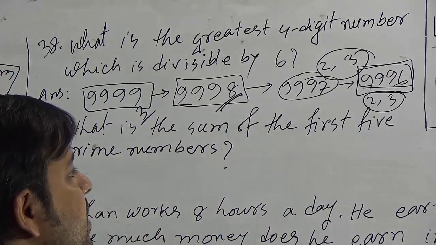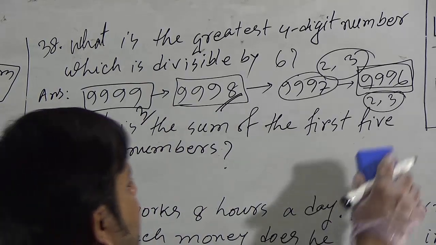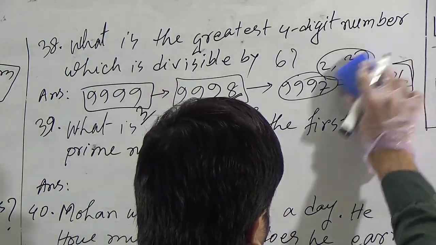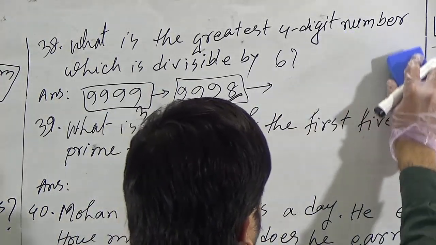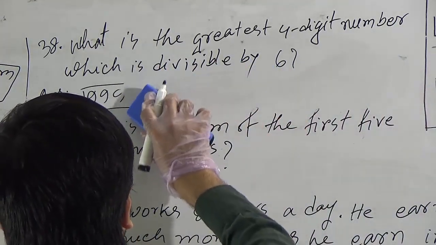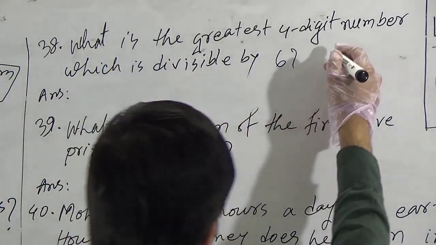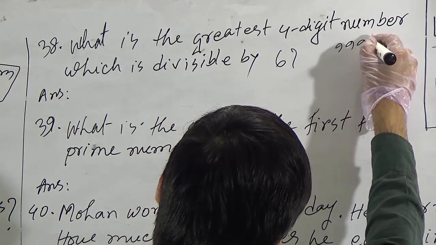So our required answer should be 9996. We can solve this problem in another method. We can divide directly by 6. If we divide this number, 9999, by 6,